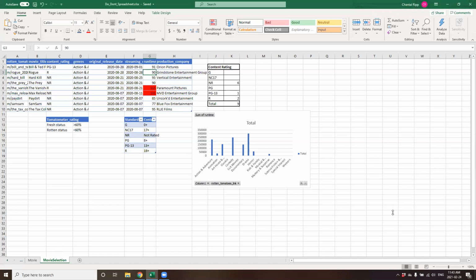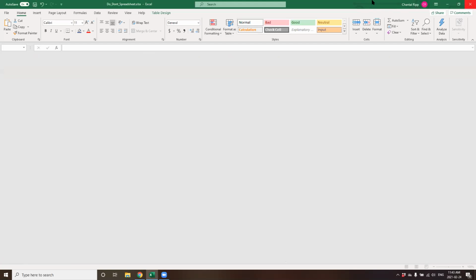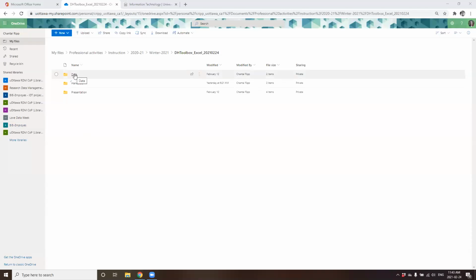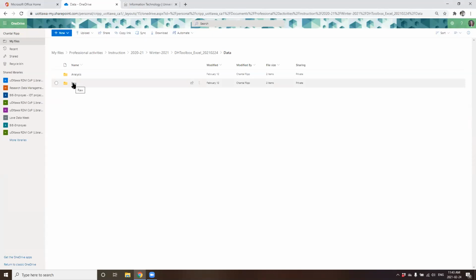Now we're actually going to open the data set which we're going to work with today. I have this stored on my OneDrive, so I've navigated to my folder. And as a best practice in data management, it's preferable to preserve the original version of your data, so that you can always go back to it in its original format. I have these available here in CSV. And this allows me, if I made an error or a mistake or I want to replicate my analysis, to always have an original version to come back to.